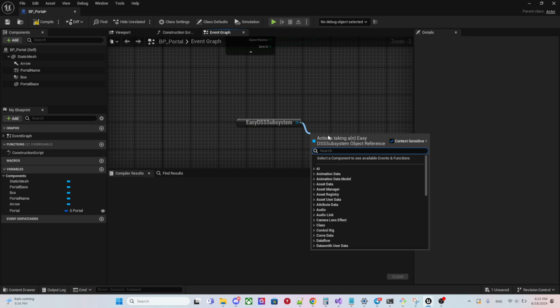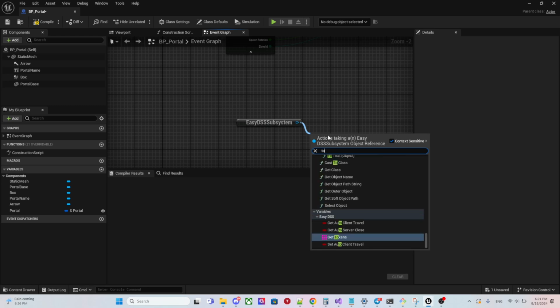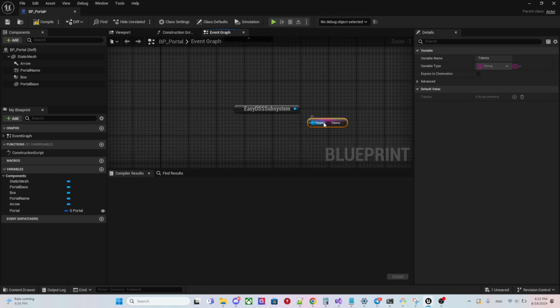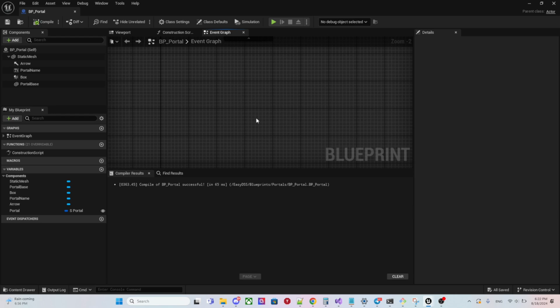Also now you can pass as many arguments as you want, command lines, to the Unreal Engine servers, and practically you can search for something that is called tokens to get all the tokens that you have passed. All right, perfect. Now going back to the configuration of EasyDSS server,